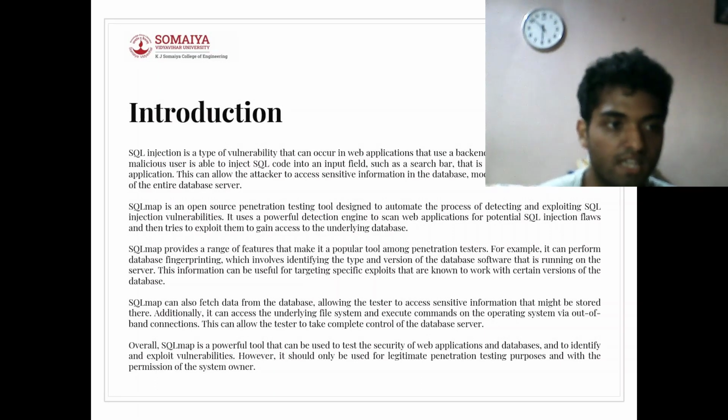SQL injection is a type of vulnerability that can occur in web applications that use a backend database. It happens when a malicious user is able to inject SQL code into an input field, such as a search bar, that is not properly sanitized by the application. This can allow the attacker to access sensitive information in the database, modify data, or even take control of the